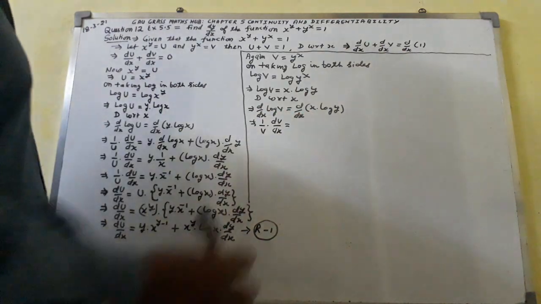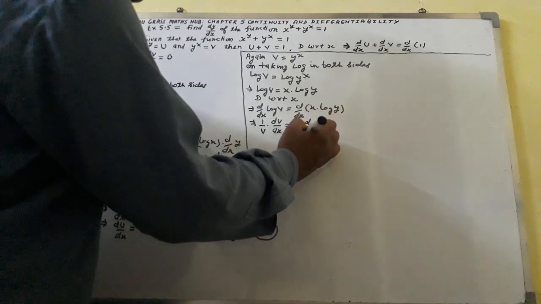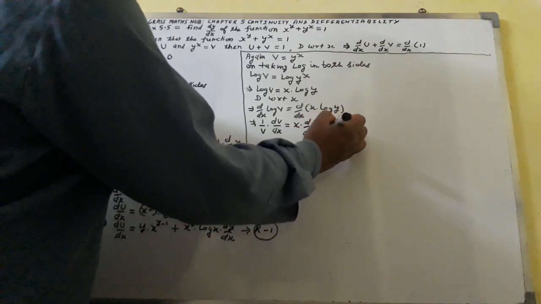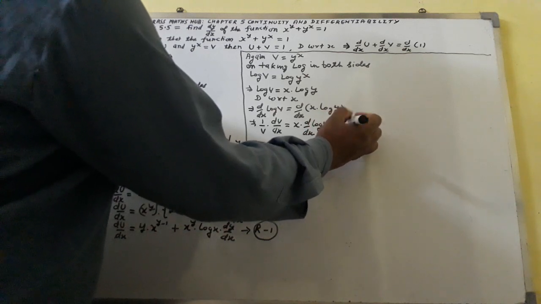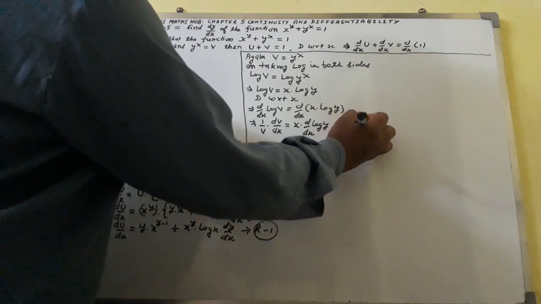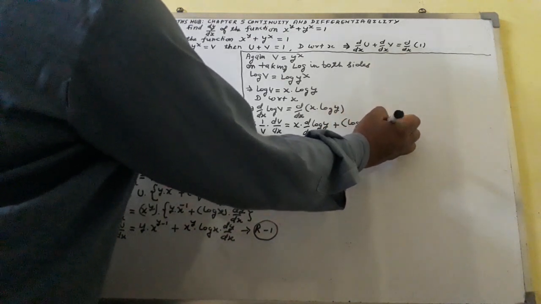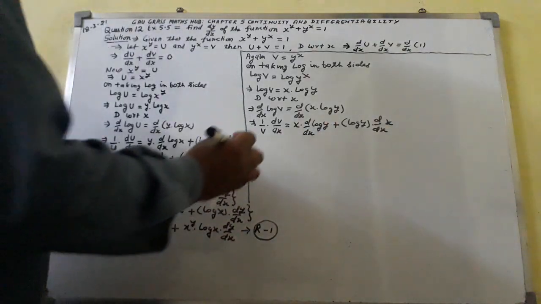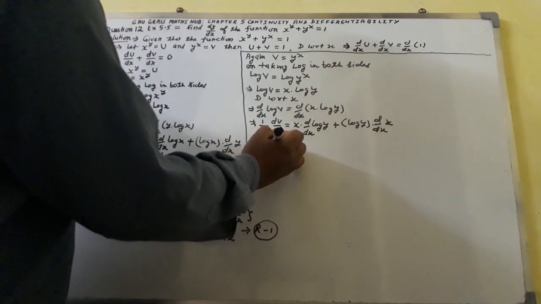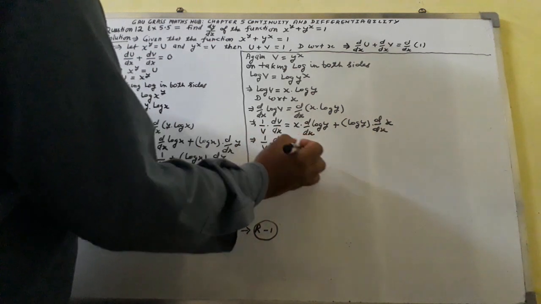By using the product rule, we shall get x dot d over dx of log y plus, in bracket, log y dot d over dx of x. So we shall get here 1 over v dot dv over dx equal to